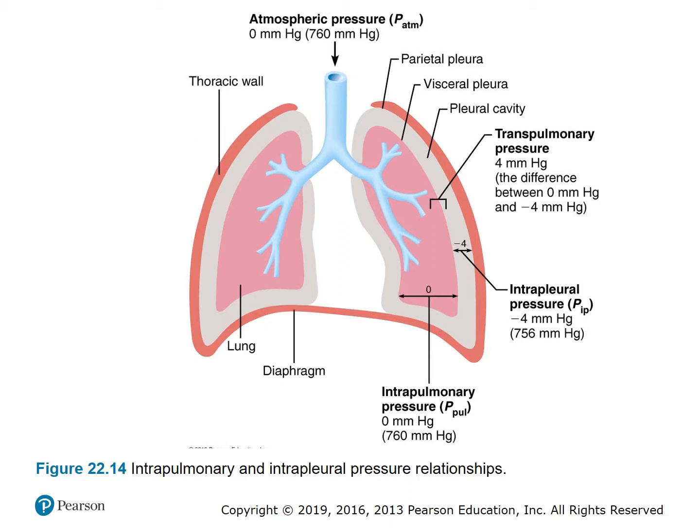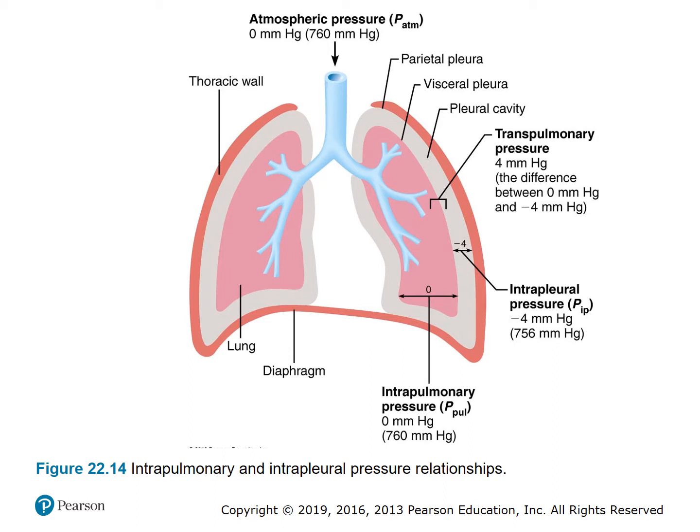Okay, so figure 22.14, intrapulmonary and intrapleural pressure relationships. Okay, so let's look at the picture first. So we have the lungs, and then we have the parietal pleura, the visceral pleura, and the pleural cavity. So we talked about the atmospheric pressure. That's the pressure that surrounds the body. Then we talked about the